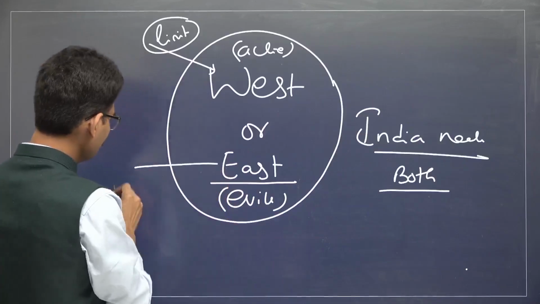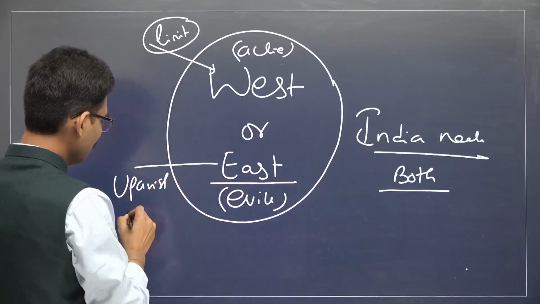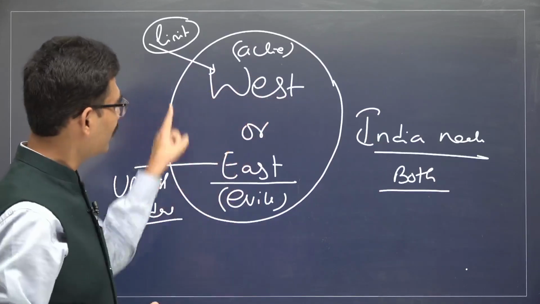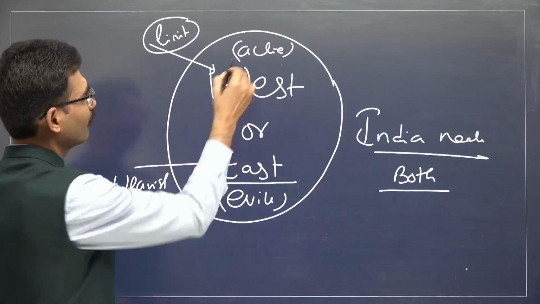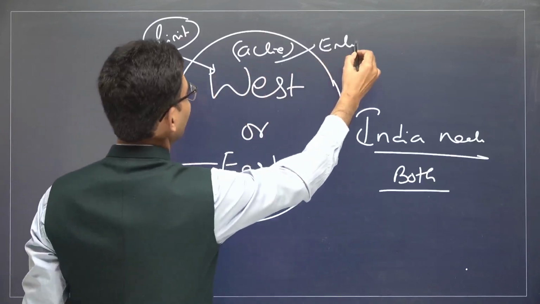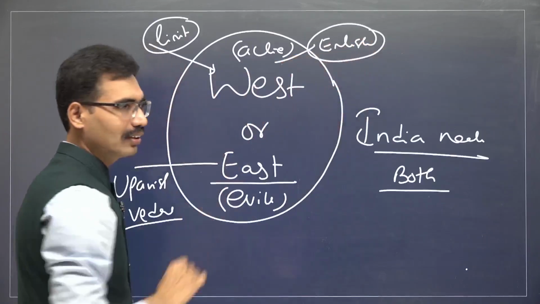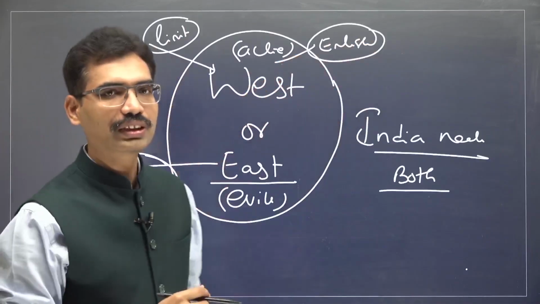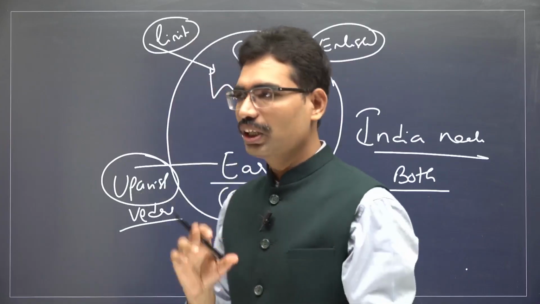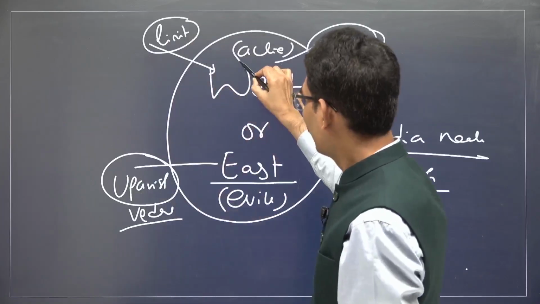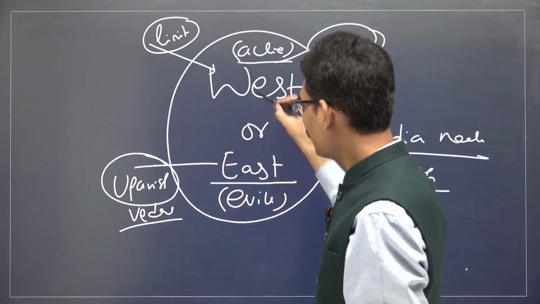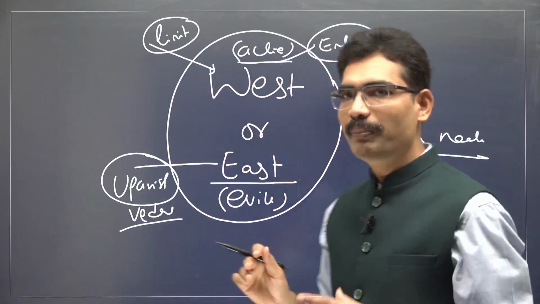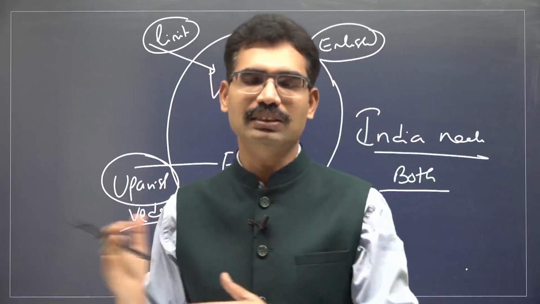And when it comes to the East, like the Upanishads and Vedas, whatever enlightenment principles the West speaks of today, these kinds of enlightenment philosophies were there long ago in Eastern knowledge. That is why he doesn't want to criticize either West or East. He wants the best from both and finally to achieve the best possible society in India.